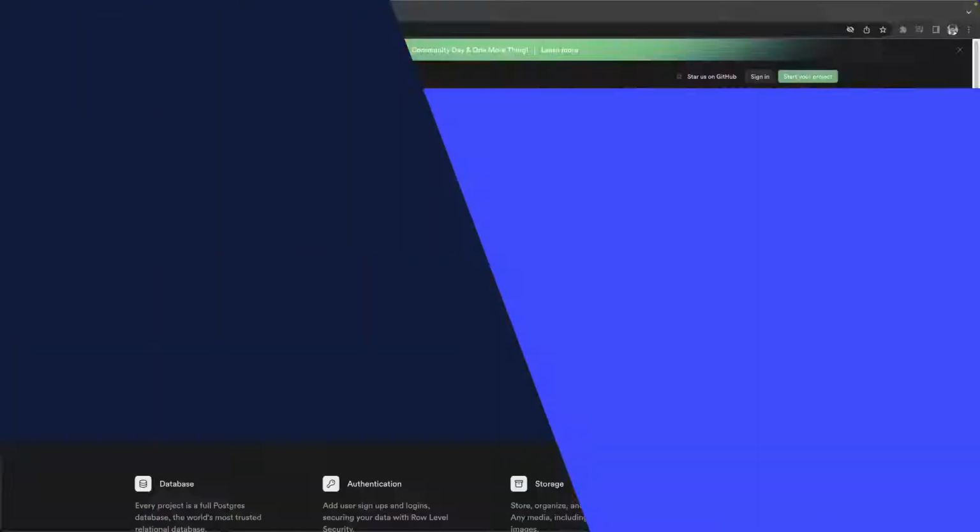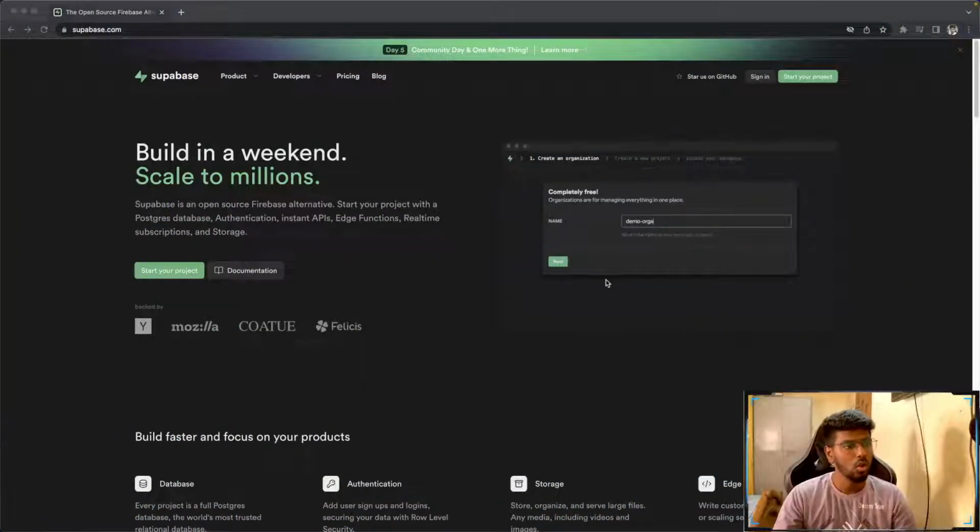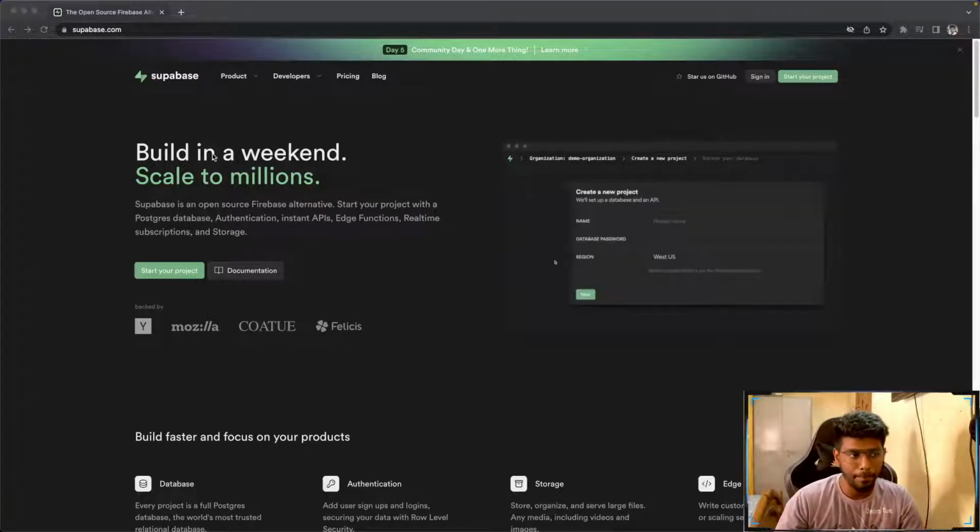So now let me show you the screen where you can see the Supabase documentation. So let me share my screen for you guys. There we go. So in this place you can see, this is Supabase, where you can build in a weekend and scale to millions,